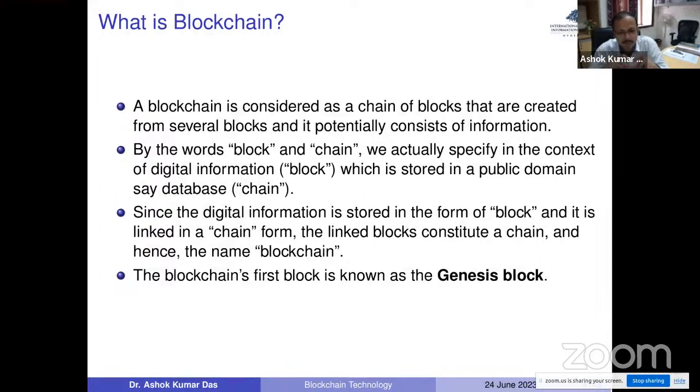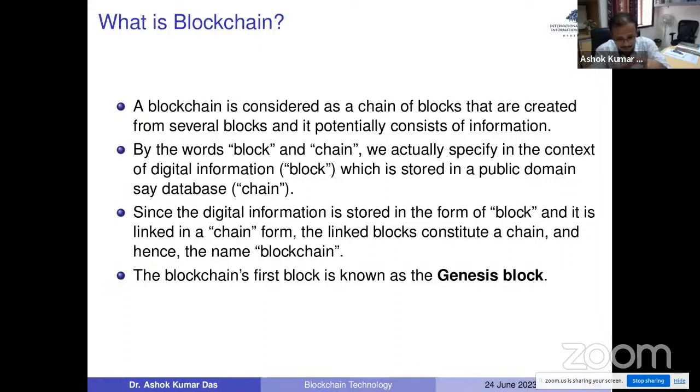And also there is a provision that at any point of time we can insert a block in the linked list, or even we can delete a node from the linked list. But in the case of the blockchain, once a block is decided to be added after the mining process, also known as the consensus mechanism, that block cannot be deleted, cannot be modified, and no data inside the block can be updated.